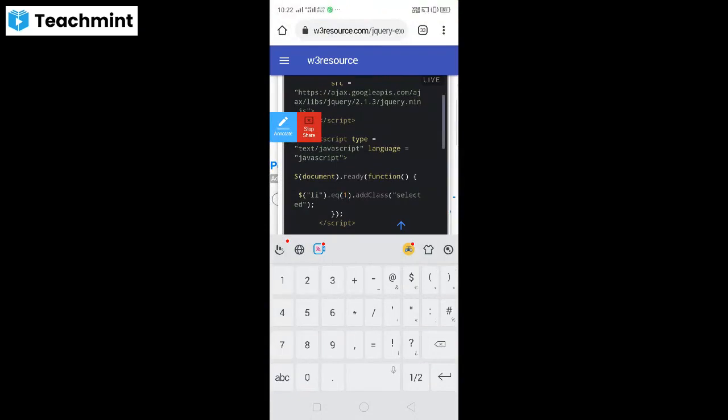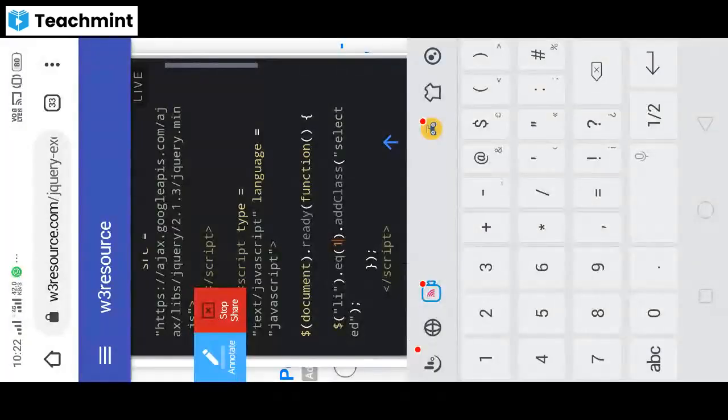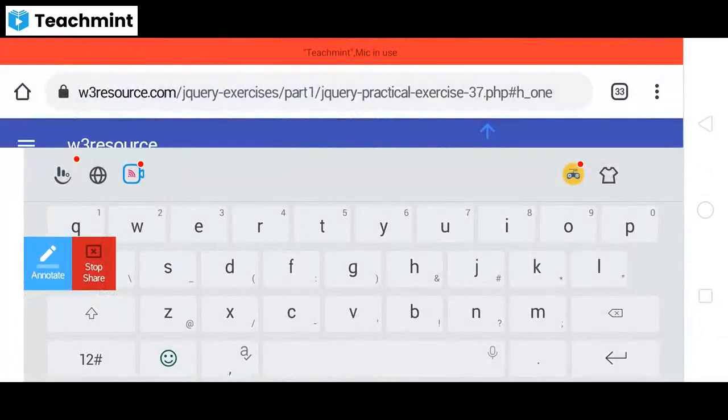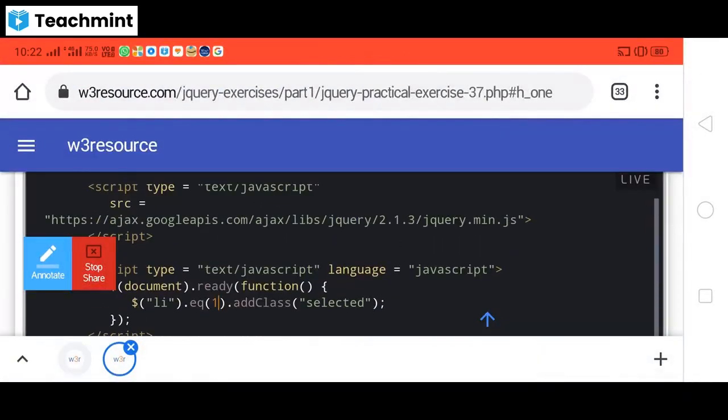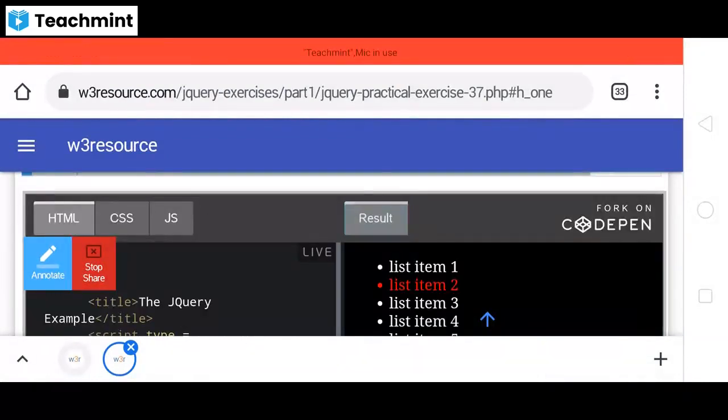The equivalence of 1. While I select the equivalence of 1, how is it going to represent the result? Here list item 2 is not available.